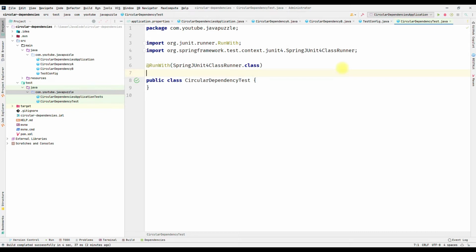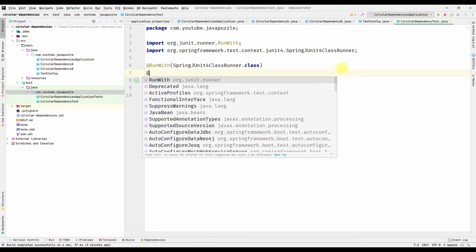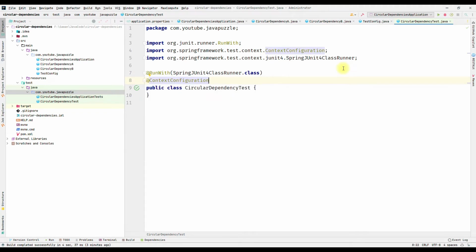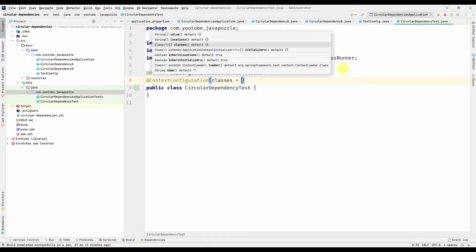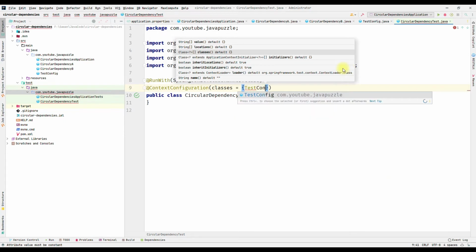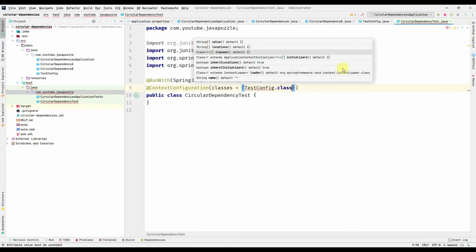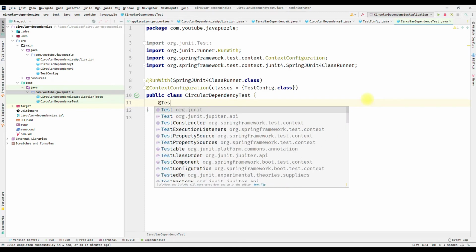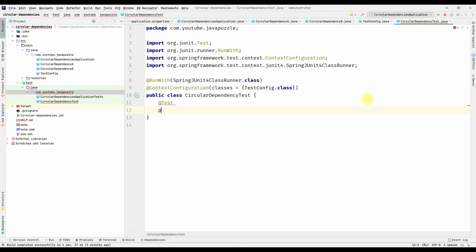But now you just have to see how we can test the circular dependency using JUnit. So here we have to use the context configuration, and inside it we have to pass our class, and here our class name is TestConfig.class. Then inside it, we are good to create a test here. So just use the @Test annotation here and make one public method, public void givenCircular